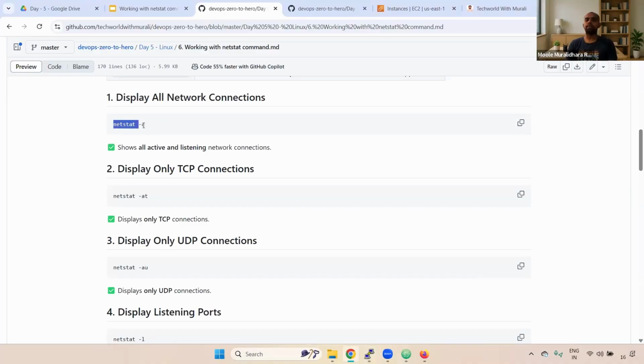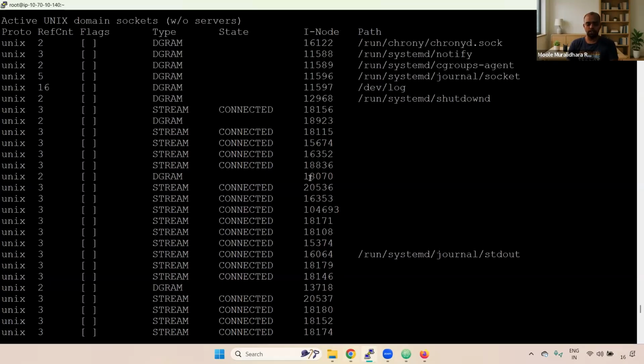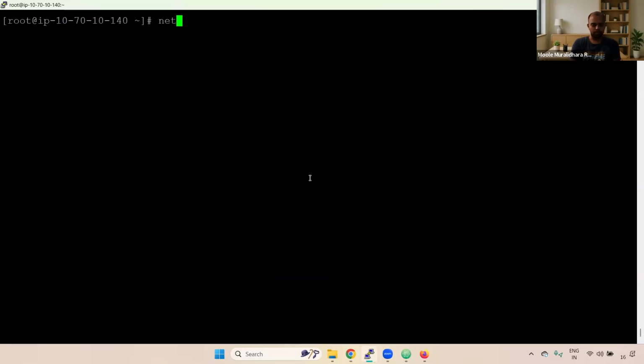First one is netstat -a. Netstat -a, what will it do? It will display all the active and listening networking connections. You can go here, netstat